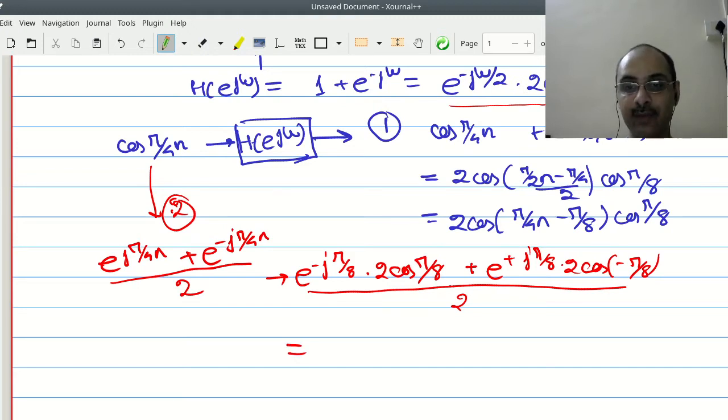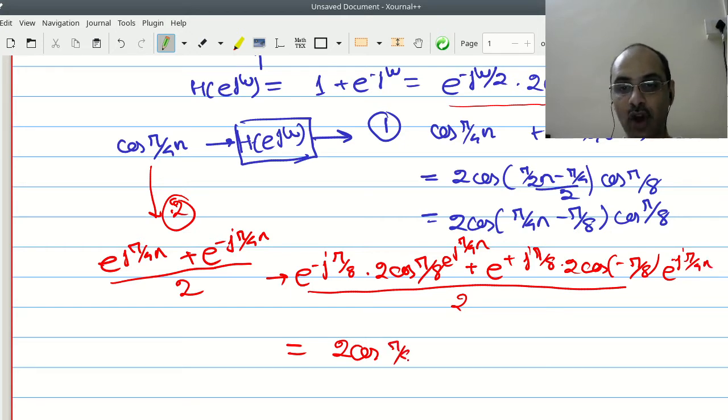If you simplify, you can take the 2 cos(π/8) common. You also have to add the same complex exponentials: e^{jπn/4} sitting here and e^{-jπn/4} sitting over here. So if you take the 2 cos(π/8) common, you will find that what remains is actually cos(πn/4 minus π/8), which yields the same answer.